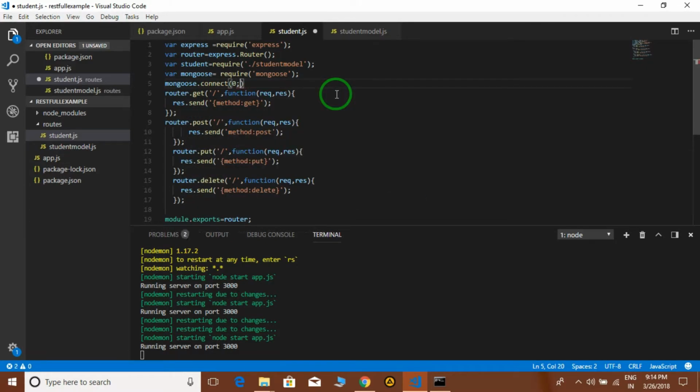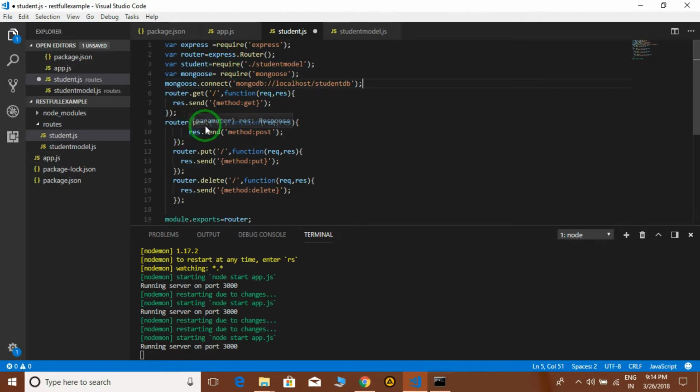In this connect, we have to pass a parameter, mongodb://localhost, then the name of the database. So we are taking here the student database. The name of the database is student db. So here we are making a connection.